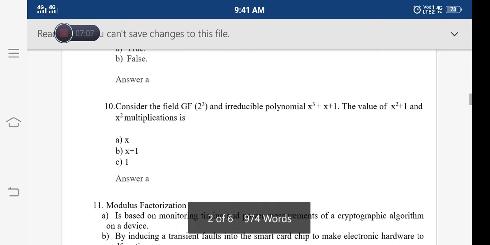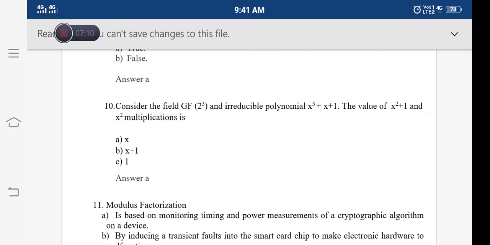Now consider the Galois field of 2 to the power 3 and the given irreducible polynomial x cube plus x plus 1. The multiplication of x square plus 1 and x square is given by which of the following answers? For the Galois field of 2 to the power 3, we get two irreducible polynomials, and here only one of them is given, and we use that. Now if you multiply x square plus 1 and x square,